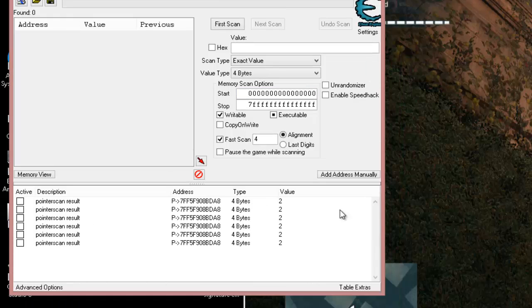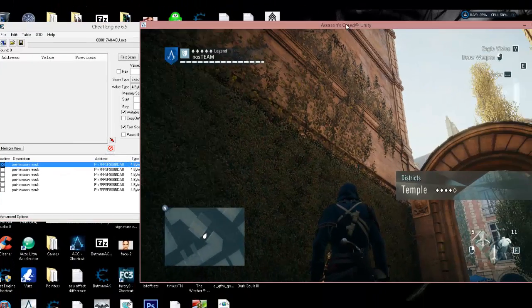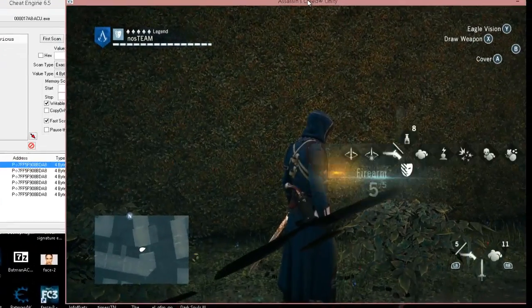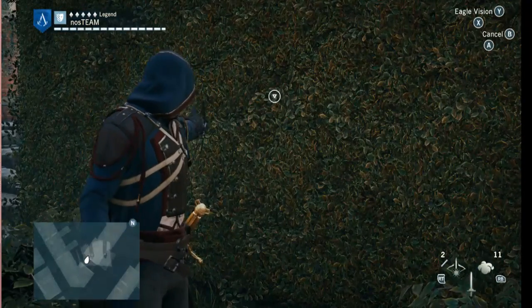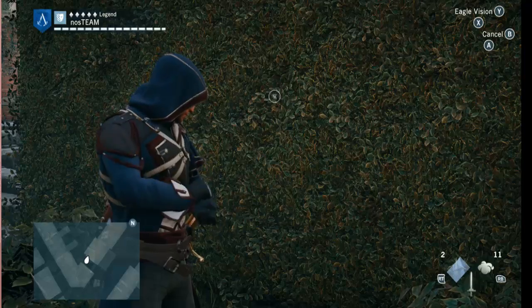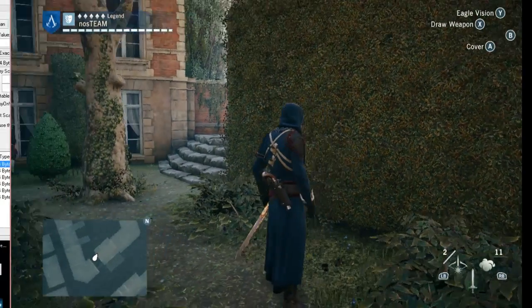Alright, these are some more random ones. And take a look. Value 2, let's just make sure. Let's go to our Berserker darts. And let's see if we stay at 2. And take a look. We now have a way